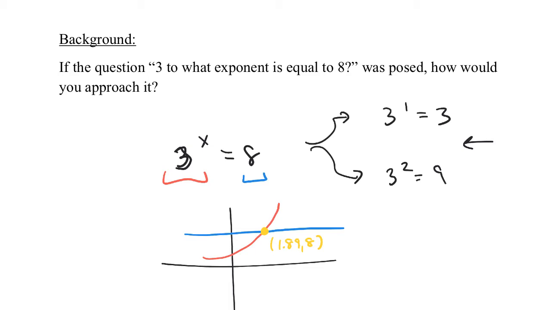If you don't believe that, go to your home screen and type in 3 to the 1.89, and you'll get probably close to 8. It's going to be a rounding, obviously, we rounded this. So type in 3 to the 1.89 on your home screen, you should get around 8. There's something around 8 based on our rounding that we just did. So we could solve this equation